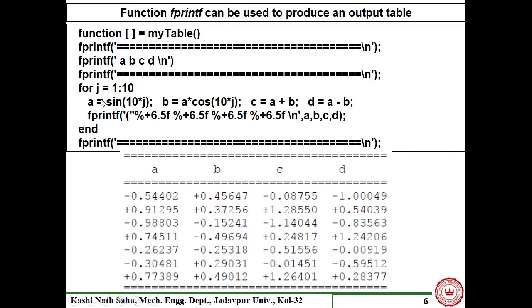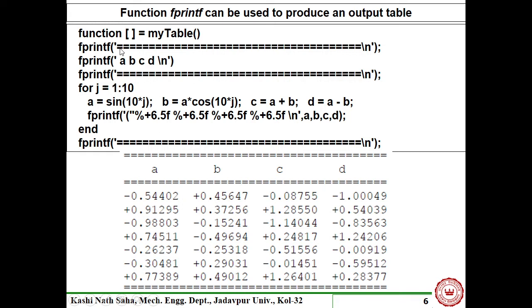Here you see, this is some value of sine and cos we have calculated for 10 points. These 10 values. From there we will create some more, a plus b, c plus d, this thing. So this a, b, c, d will be stored in a file. Some file is opened first. Where is fopen? Function fprintf. Anyway, file open and file close part is not here. We have to open a file.